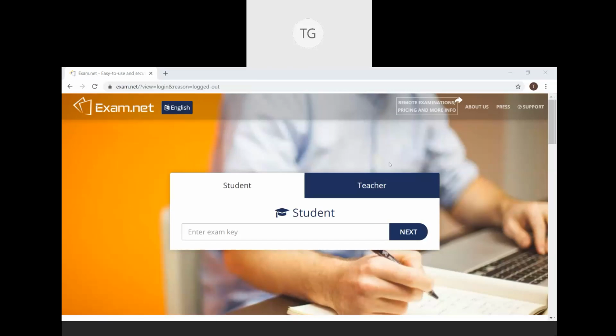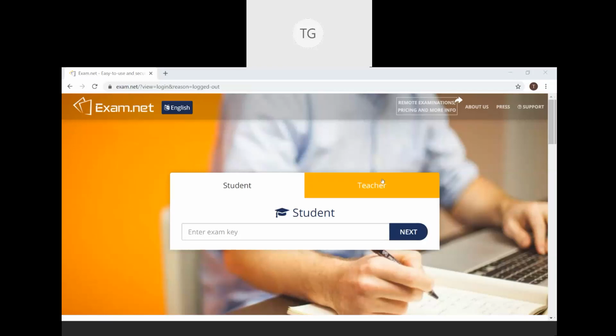In order to take up an exam, a student just needs to have an exam key, right? So exam.net relieves you from the headache of enrolling students, opening up the exams to a particular set of students. Only the student needs to have an exam key. As a teacher, when I create an exam, that exam will have a unique exam key. When I share that exam key with my batch, with my group of students in the class, they will be able to access this exam just using that exam key. All the information that I require from the student end, later I'll be taking in the registration part, right?